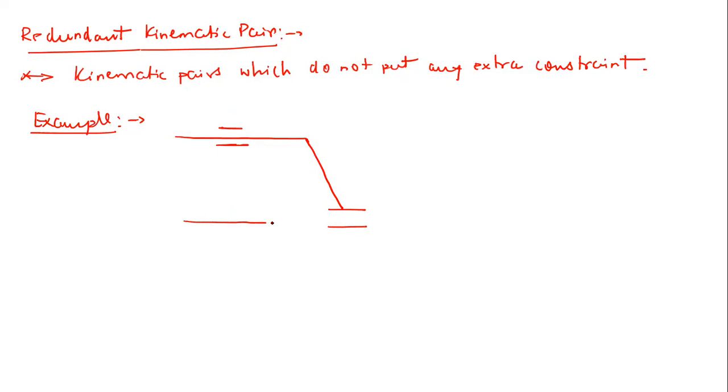So let us try to understand this through an example. This notation which you are seeing here denotes a prismatic pair. Usually the prismatic pair is denoted by these two lines. That means if you put any such notation anywhere, the two links located there are going to have a sliding motion with respect to each other. So let me make this more clear.